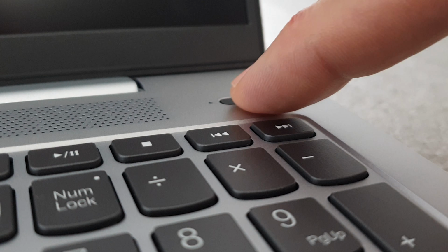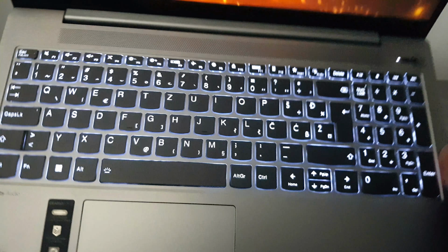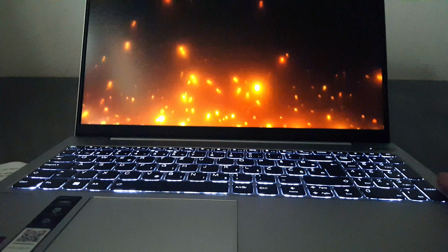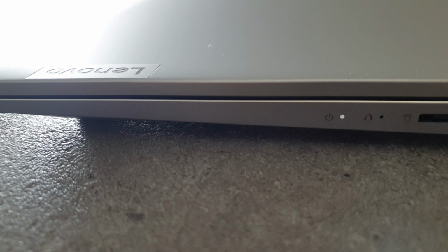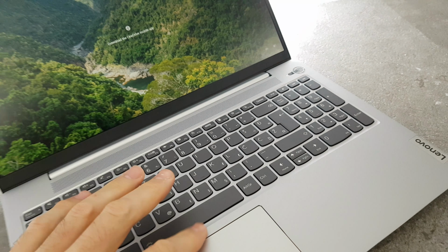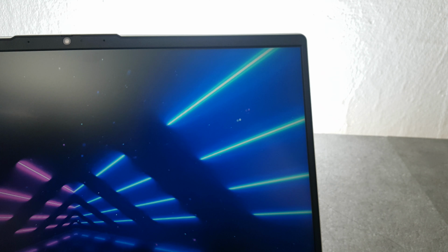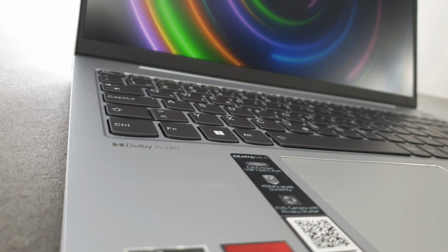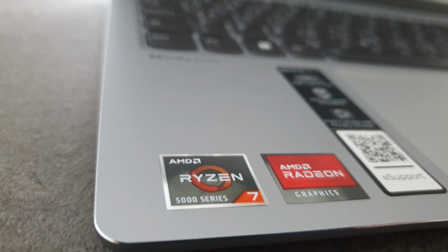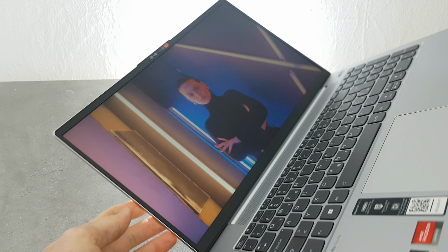Alright, it's been a while since I reviewed a fast backlit laptop, and this year Lenovo did bring some new machines. This is Ideapad 5. It is one of Lenovo's sleeker 15-inch laptops, but there are also 13 and 17-inch versions in the Ideapad 5 series. What's exciting about this one is that it has the Ryzen processor with a super fast RAM and SSD